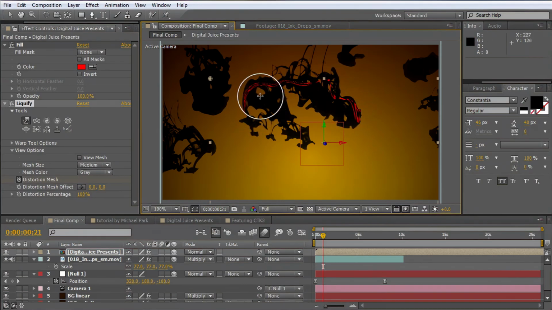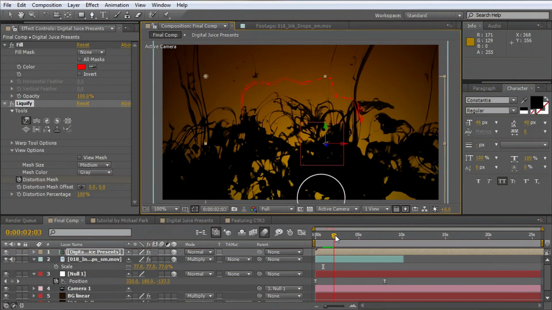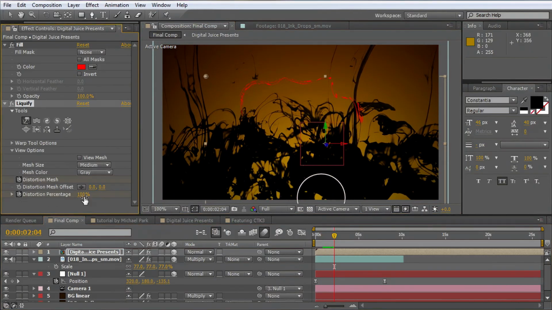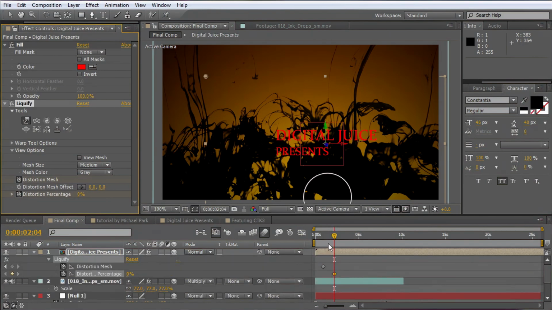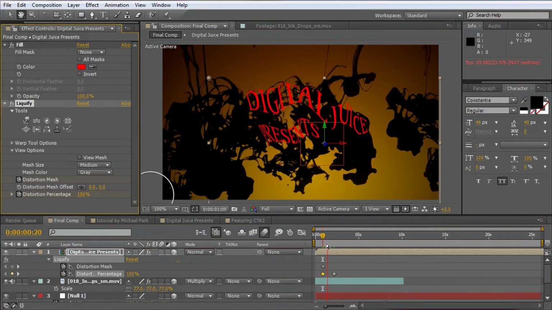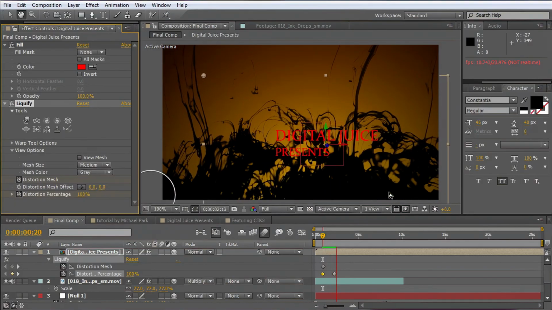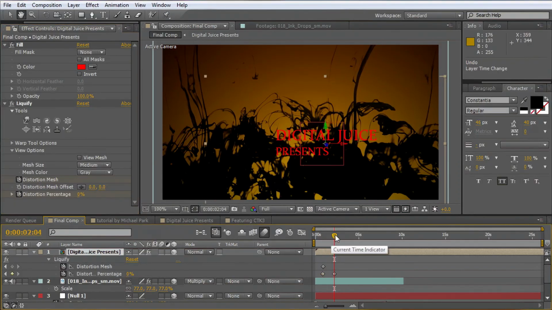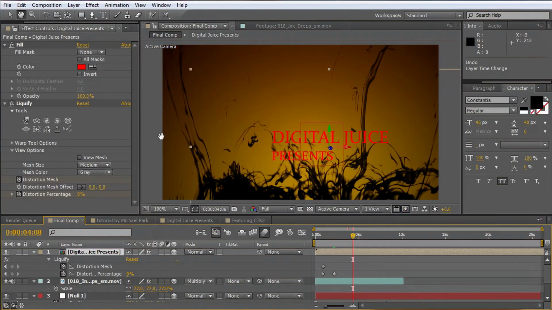There we go. And then as we come down here in the timeline, we can turn the distortion mesh percentage down. It'll basically look like it's filling into the original shape that we want. Now hit U to reveal the keyframes, and we can go back here to the very beginning and turn that distortion percentage back up to 100%. And then if we let it play, you can see it kind of comes down and looks like the ink flowing down. Alright, so now that we have that,